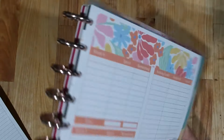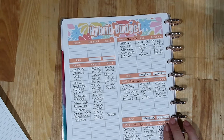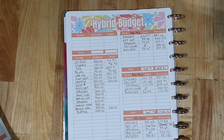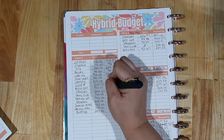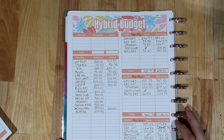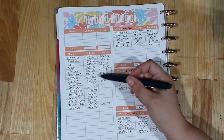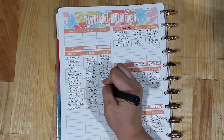But before we do that, I want to take a glance at my monthly section here because there's something that I forgot to fill in last week. My Sleep Number credit card, the minimum payment on that did get paid last week. I just neglected to write it down, which I guess is better than writing it down but neglecting to pay it. So that got taken care of, and we have actually decided not to go to Sam's Club this month